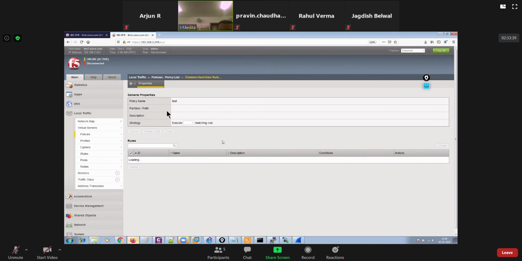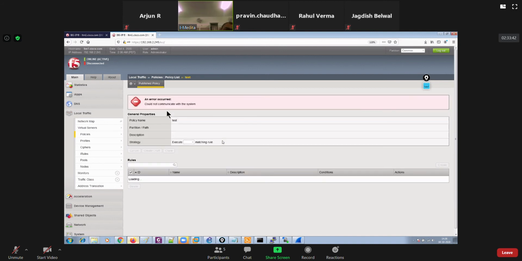Just a moment. An error occurred, could not communicate with the system. Wait guys, maybe it's just because of the slowness, but this is how you would be creating your policies. And finally, say policy list.